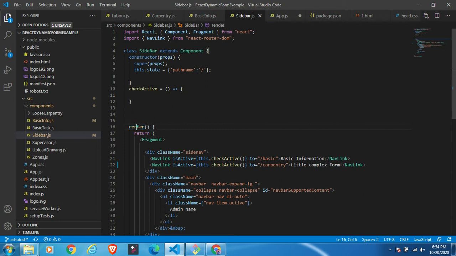So this will be called, and after comparing, the data will be rendered. This is re-rendering. Re-rendering happens whenever you update the value of state. Okay, you have understood about it.